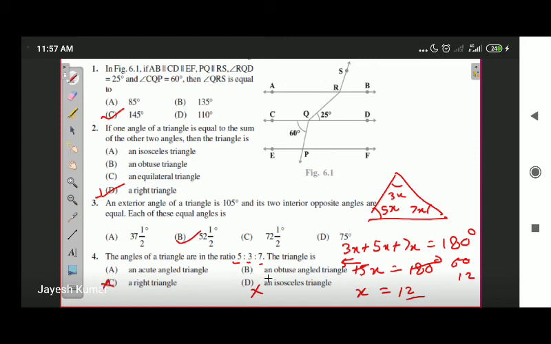It can either be an obtuse angle triangle or an acute angle triangle. So how am I going to identify it? One way is to multiply 3 with x, 5 with x and 7 with x and see whether any angle is an obtuse angle or not. Or another way is you can multiply the highest ratio with 12, that is 7x. 7 2s are 14, 7 1s are 7, 8. 84 is an angle that is less than 90 degrees. That means the other two angles are also going to be less than 90 degrees. So therefore it is an acute angle triangle.